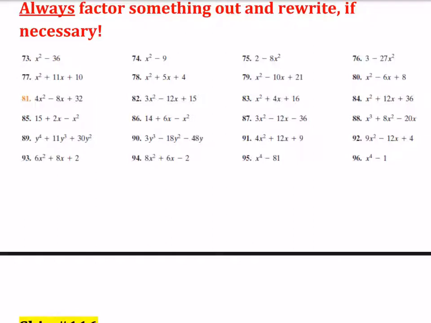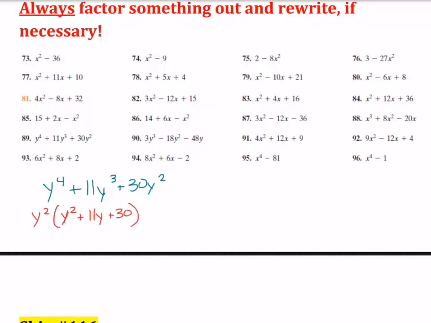I'll do a little bit more difficult one. Like if I take a look at number 89, for example. Okay, so number 89 is y to the fourth plus 11y cubed plus 30y squared. Whenever I have any type of polynomial equation, always look for a GCF, or a greatest common factor. What can I factor out of everything to make the problem simpler? In this case, I can take out a y squared from the problem, leaving me with y squared plus 11y